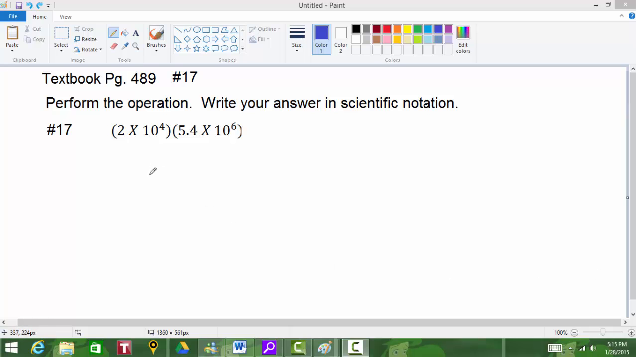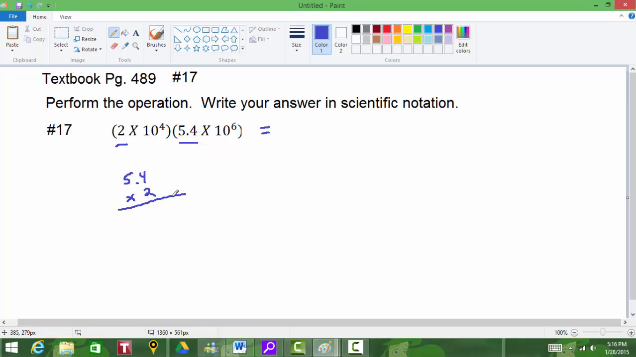So the first thing you're going to do on the problem is take a look at the first factors of each of them, and we're going to multiply those together. So we're going to take 5.4 and multiply that with 2, and if you multiply that correctly you should get 10.8, and I'm going to rewrite that over here. So 10.8